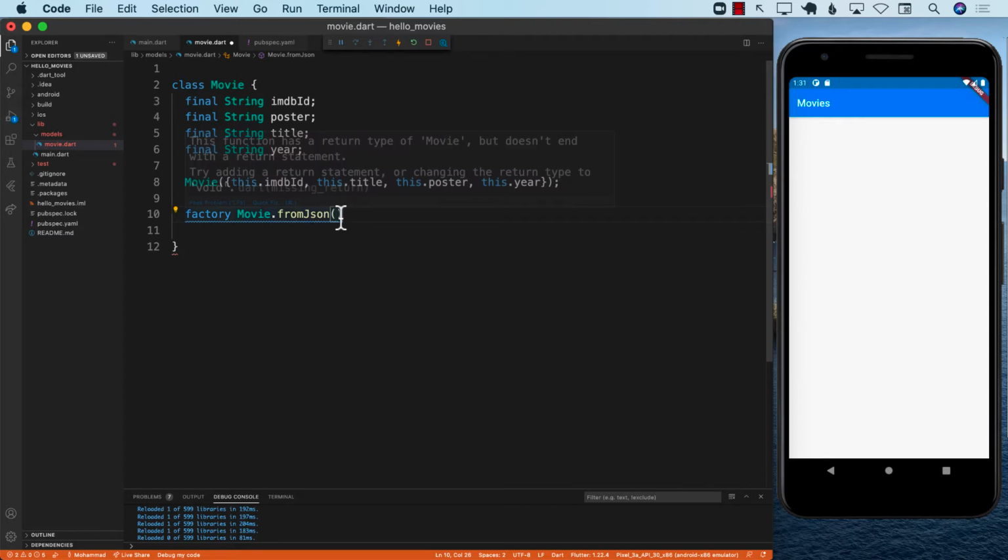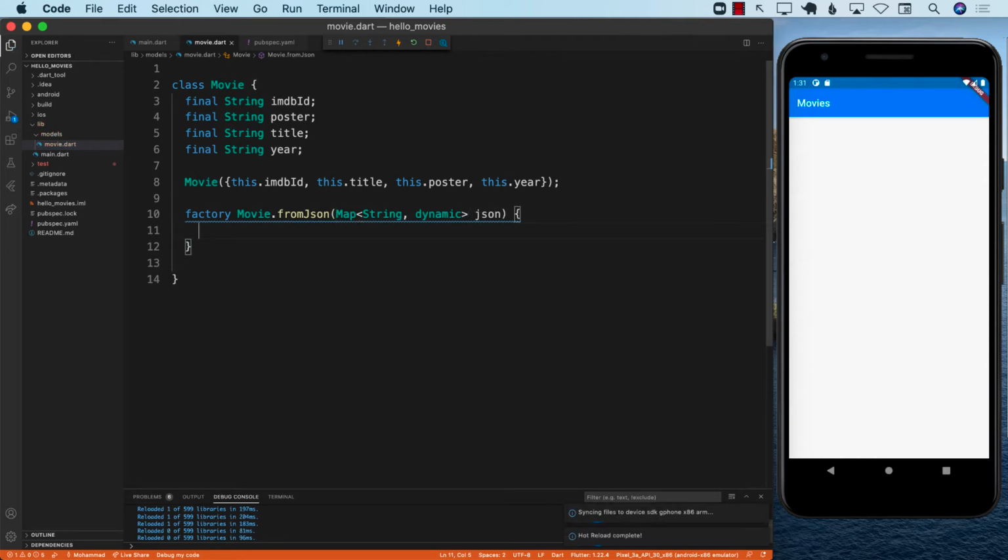Inside this fromJSON function, this is going to take in a dictionary, which is called map. The key for the dictionary will be string, always string. And the value of the dictionary, we don't know. I mean, sometimes it can be a number, sometimes it can be true or false, a Boolean, but sometimes it can be string. So we're going to just put it as dynamic, which means that it can take different values. And from Movie.fromJSON, which is a factory function, we're going to return a brand new movie object